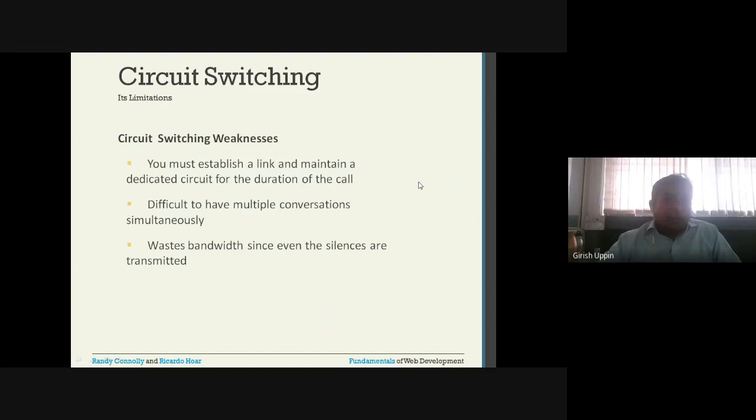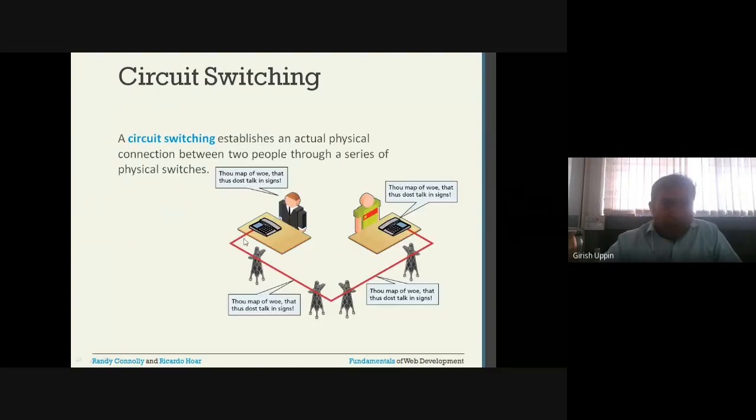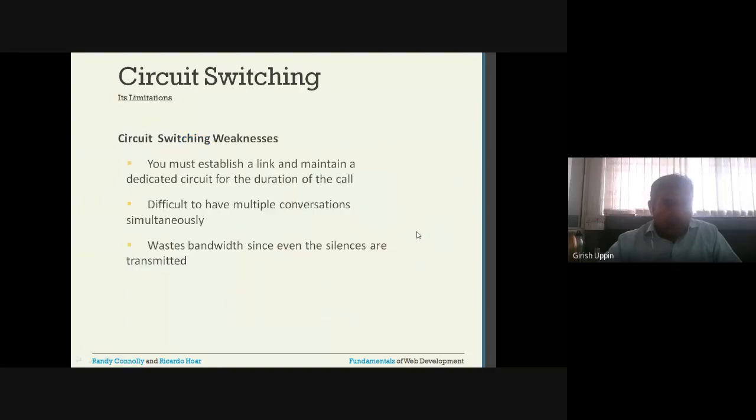Some of the weaknesses of circuit switching: you must establish a link and maintain a dedicated circuit for the duration of the call. In the previous slide, you can see that a physical connection has been established between the caller and the receiver, and we have to maintain this physical connection. That is a disadvantage of circuit switching.